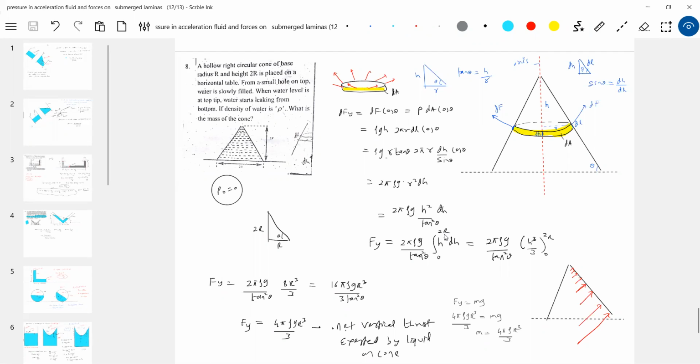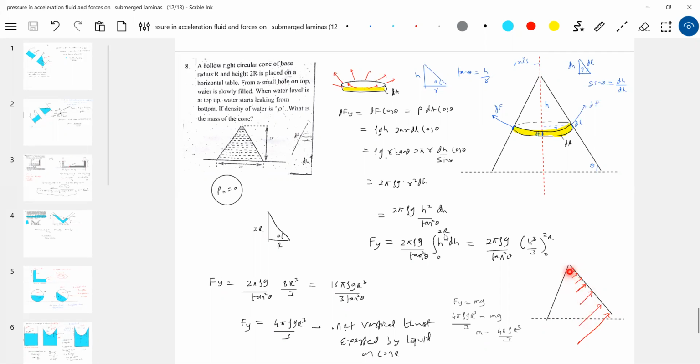If you take one line and draw it on the slant face of a cone, there you can show the force exerted by the liquid. As you move down, the force will be exerted normally by the liquid. And here the pressure is more, so definitely the force will be more here. As you move up, the pressure decreases. Almost here it is 0 atmospheric pressure, or you can put P0 to be 0. So it will be like this.